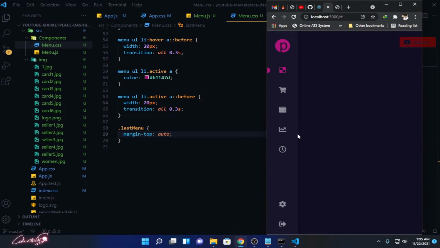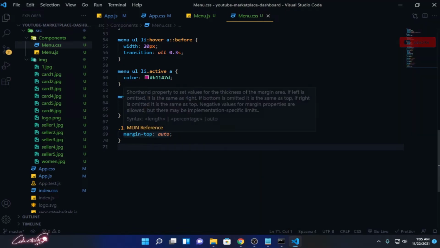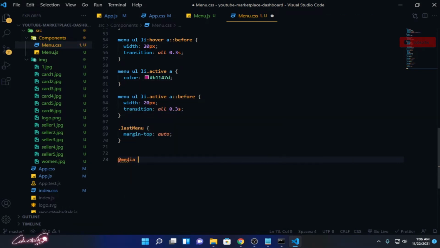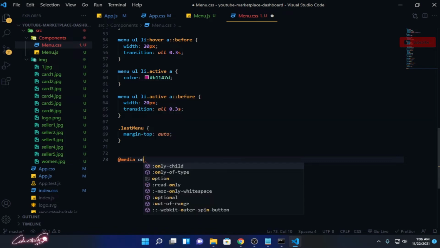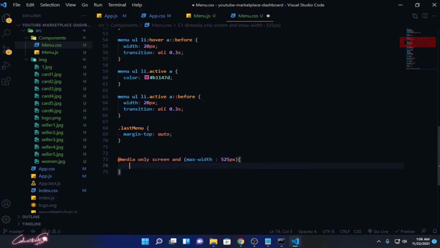Okay, so once it reaches this mobile screen view, I need to make it completely responsive. So we need to write the media query, at media only screen, and that screen should have the maximum width. If it's having the maximum width of 525 pixels, then